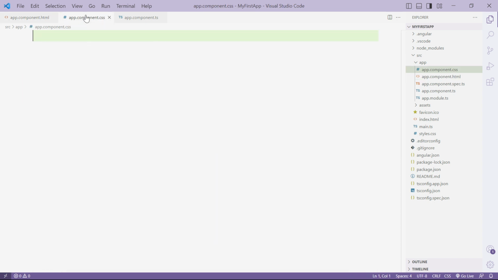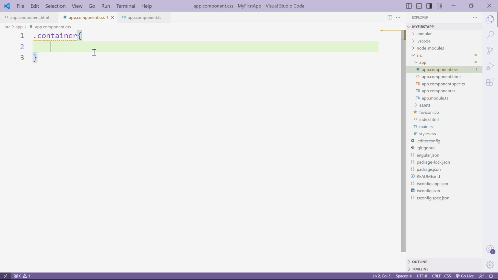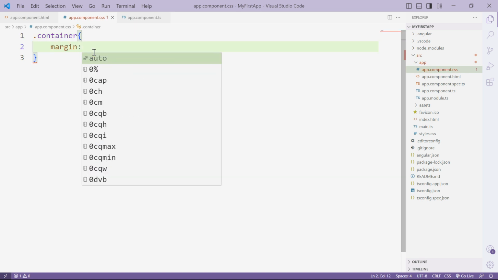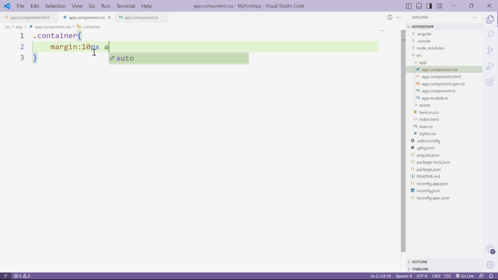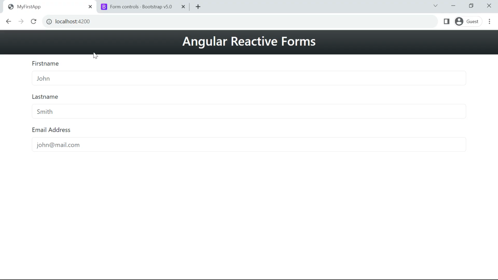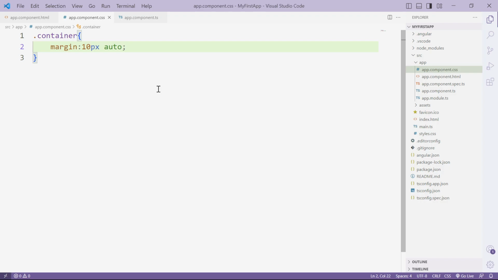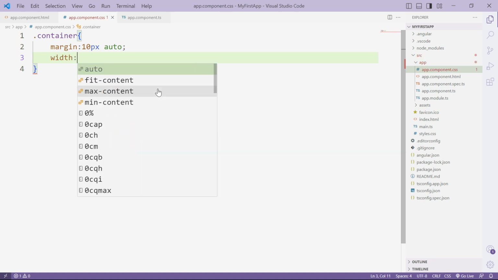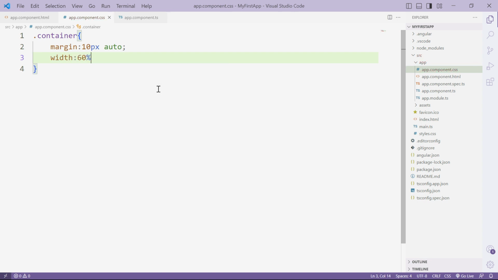So let me go to the app component.css. This is a user defined class, and I'm going to set the margin from top and bottom as 10 pixels, and from left and right as auto. Okay, that's fine. So auto is not working well, so you can change that width to 60%, or